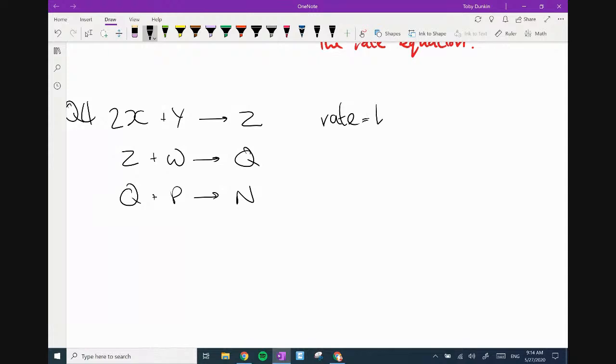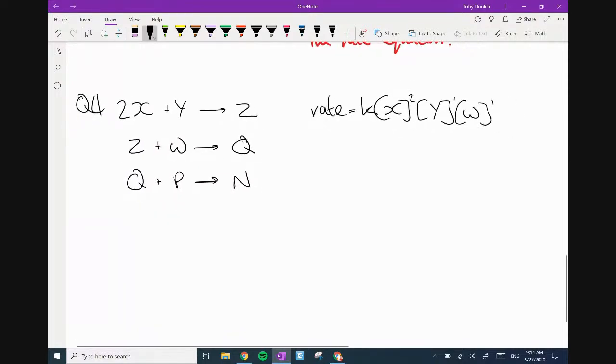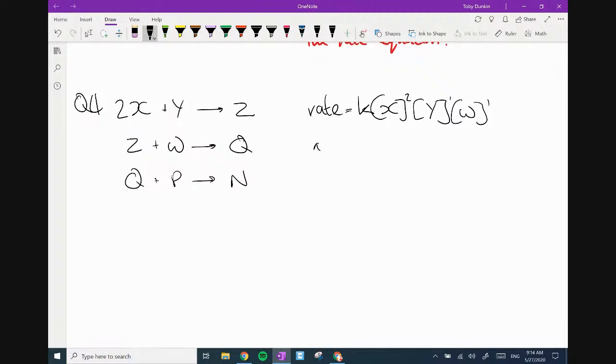Rate equals k, x to the power of 2, y to the power of 1, and w to the power of 1. Right, there you go. So, A, which one is RDS? And B,